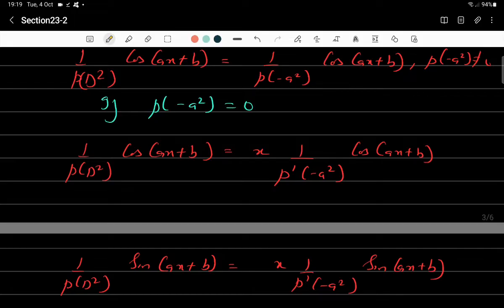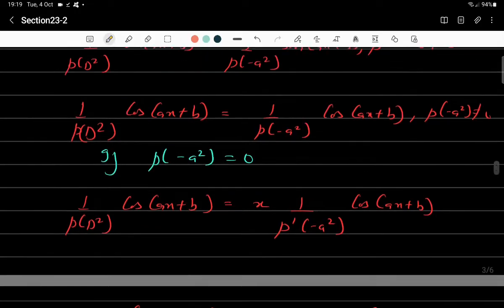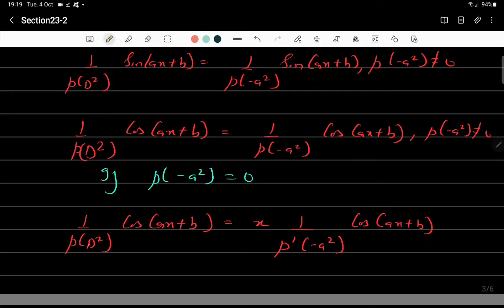The other observation is, if you want to see how we reach here, then instead of 1 by p of minus a square cos ax plus b, you consider it as an exponential function e raised to the power i(ax plus b). When it becomes the exponential function, then recall that you multiply it by x and consider p dash of a. So in that case, here you will consider p dash of ia, because it is not e raised to the power ax, but it is e raised to the power iax. And then in the end you compare the coefficient of sine and cosine,